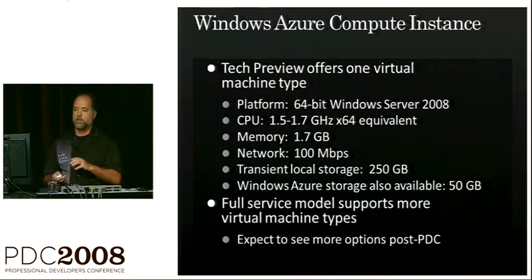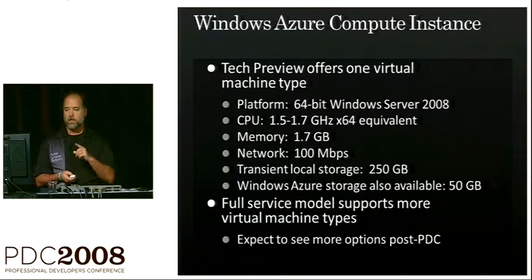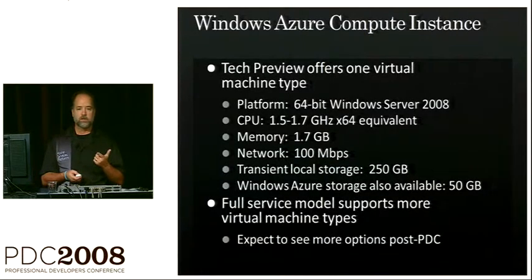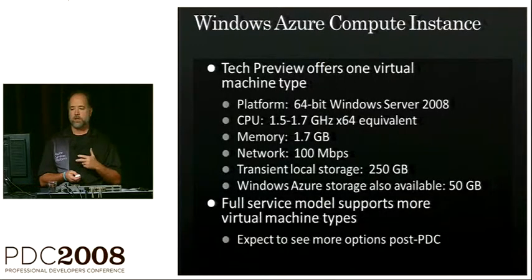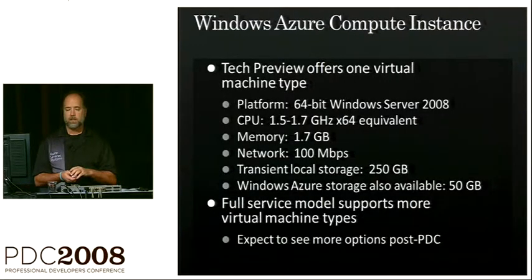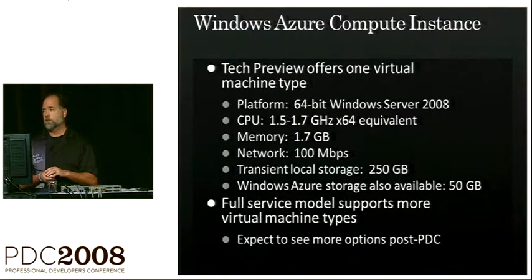Okay, so I've been talking about virtual machines. What does a virtual machine look like? In the tech preview timeframe, there's one type of virtual machine, and this is what it looks like. It runs the Windows Server 2008 Enterprise Edition in 64-bit mode on the equivalent of a 1.5 to 1.7 gigahertz processor. It's got 1.7 gigabytes of RAM, and it has the equivalent of a 100 megabit per second network uplink. You have access to up to 250